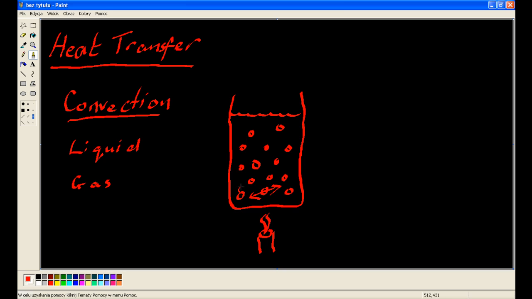This molecule bangs into this one, this molecule bangs again into this one, this molecule bangs against the side, this molecule bangs into this one, this molecule bangs into this one, this molecule bangs into this one. And the more you heat it up, the more the molecules bang into each other. And because they're banging into each other, they try and get further apart. And when they get further apart from each other, if you were to look at a fixed volume,